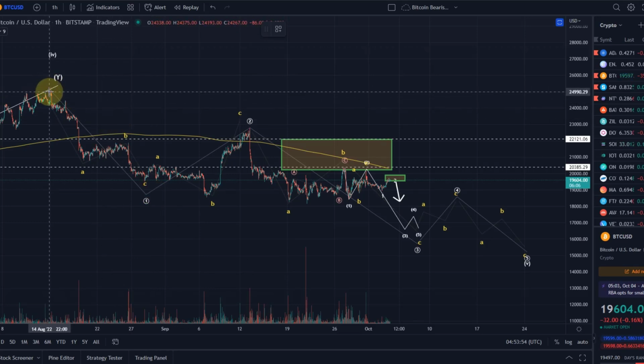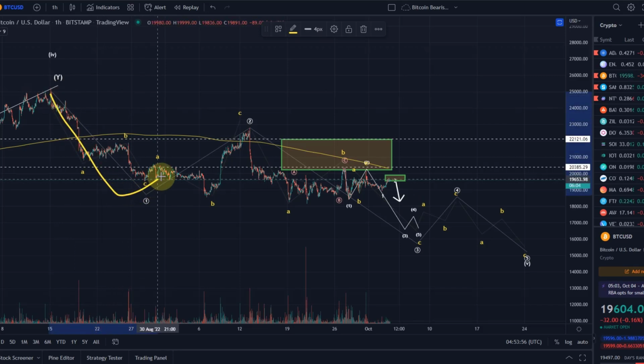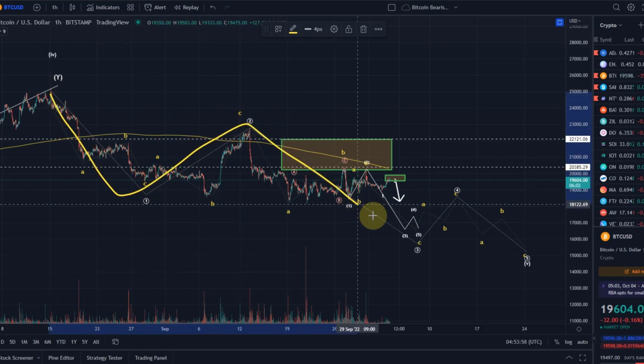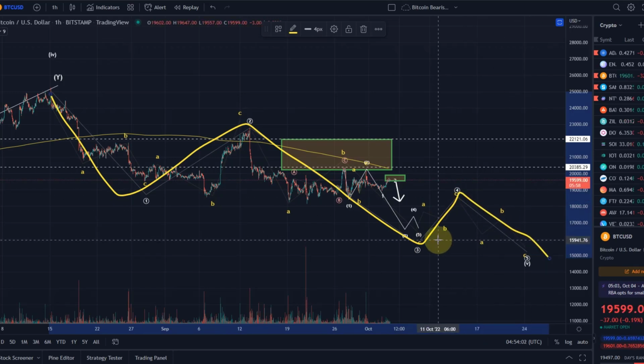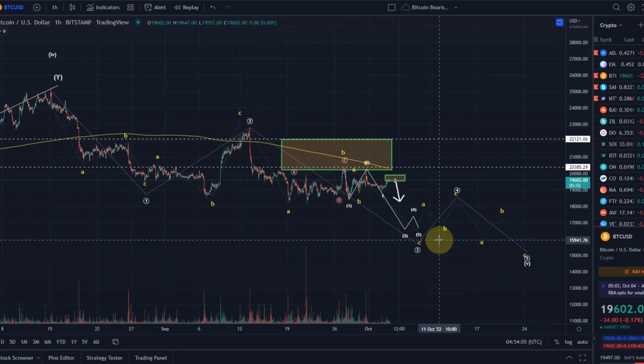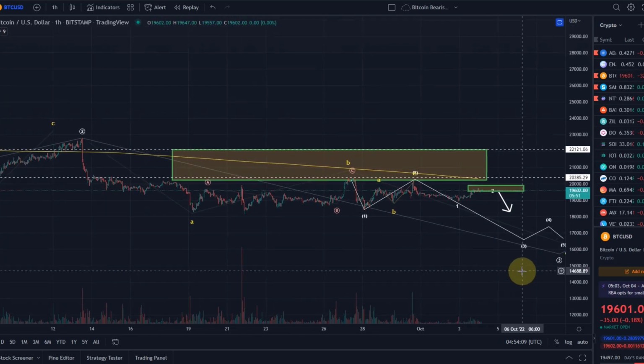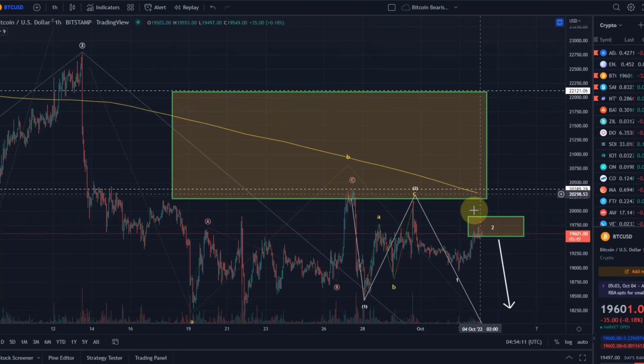But here the point is that in this chart we count 5 waves down, 1 and 2 already done. We are now in wave 3. There'll be a wave 4 up and a wave 5 down that could take us to around 14 to 15k overall. Yesterday I told you that it could very well be that Bitcoin is just doing a wave 2